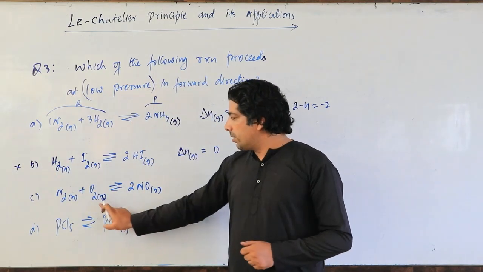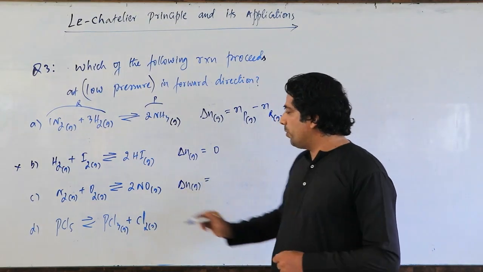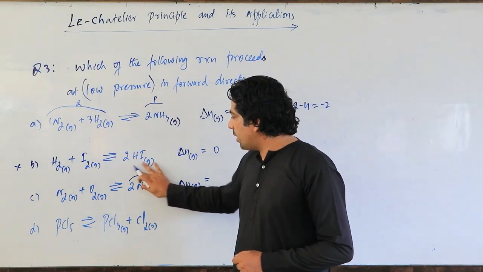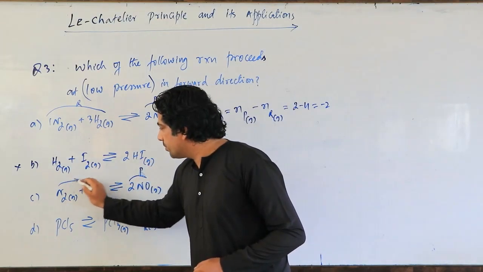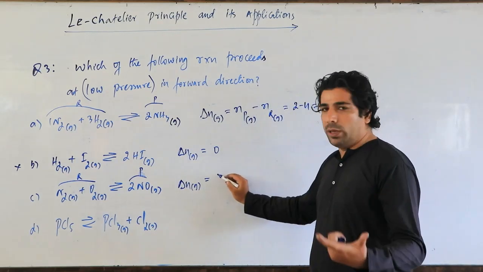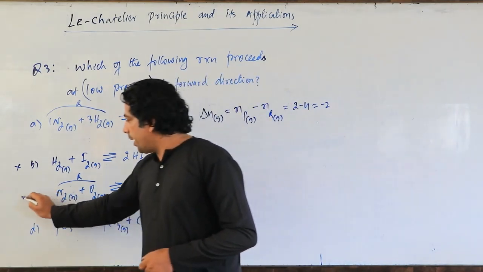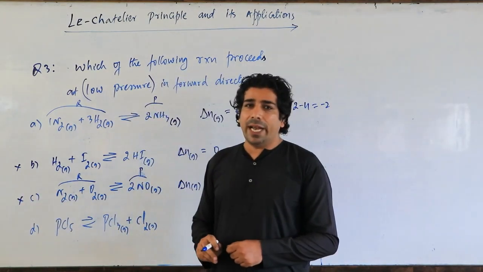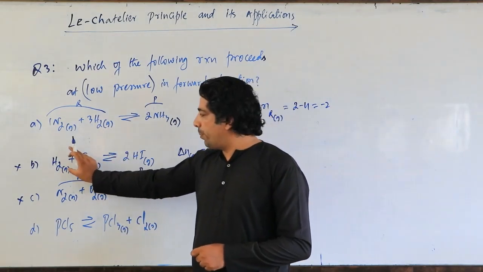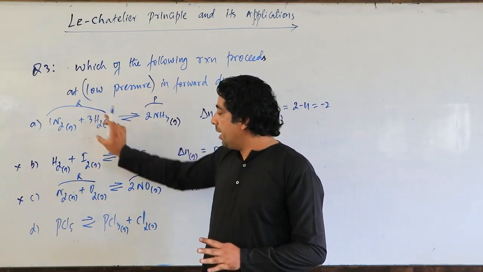Let us look at the third option. Okay? In the third option, if I calculate delta N, you will find out the products are 2 moles and the reactants are also 2 moles here. So my dear friends, the reactants and products are the same, so equal. So we will have delta N 0. That means option number 3 cannot be my answer. So I have actually discarded, or rejected, options B and C, my dear friends. Now I have to look into option A and option D.